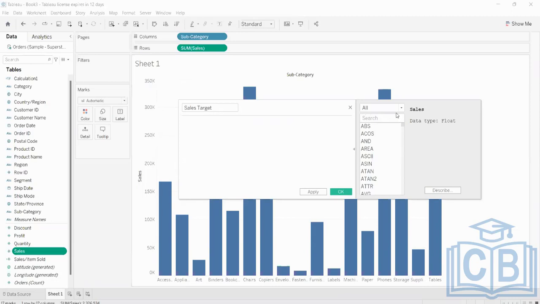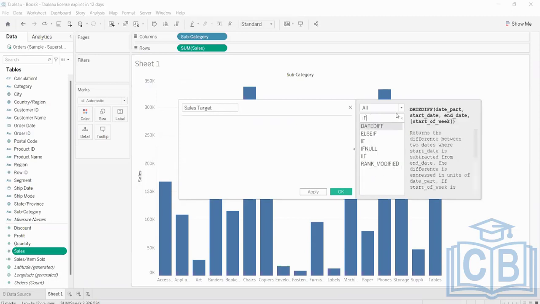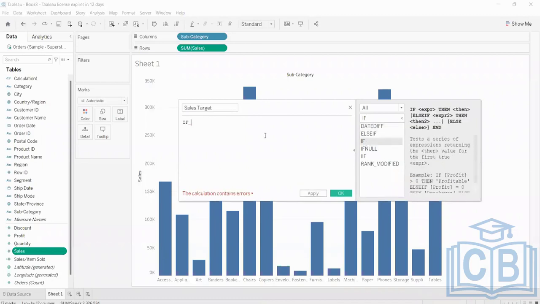So let me go over here. And do I have an if? We do have an if, right? So if, what is my first function that is there? Sum of sales. Always remember, whenever you are using a measure in your formula, you have to use an aggregation. If you don't use an aggregation before it, you will get errors. Okay. So if sum of sales is greater than